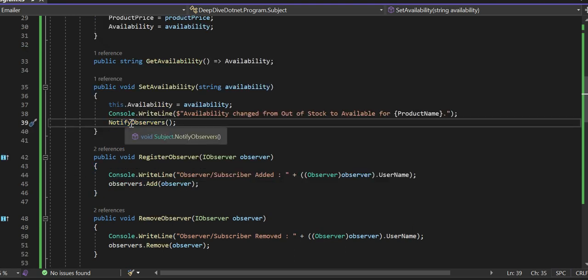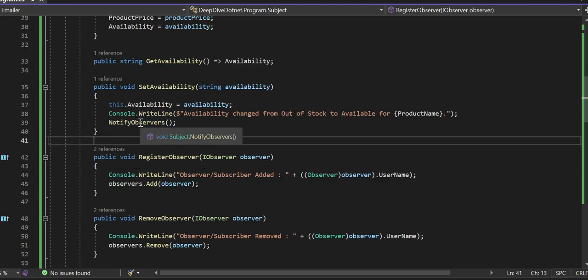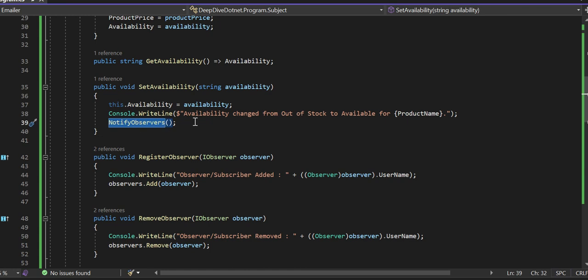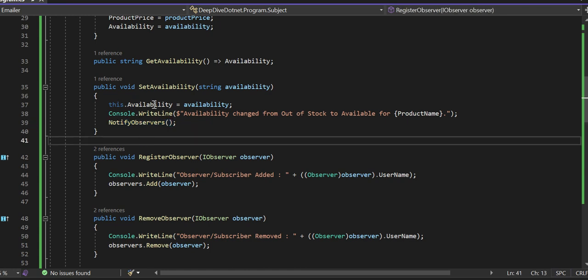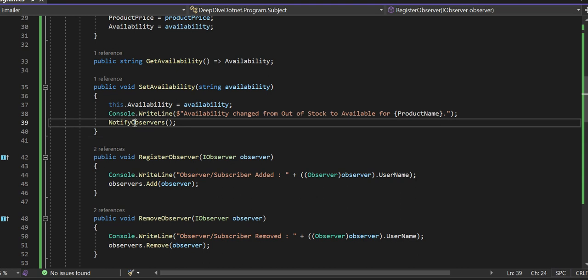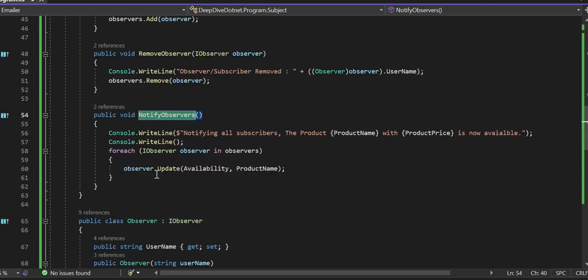This is the most important thing. You should always fire the notify observers method from your set availability only, whenever the state of your availability changes. And this method, what it is doing, it will iterate over each and every observer available in your observers or subscribers list,